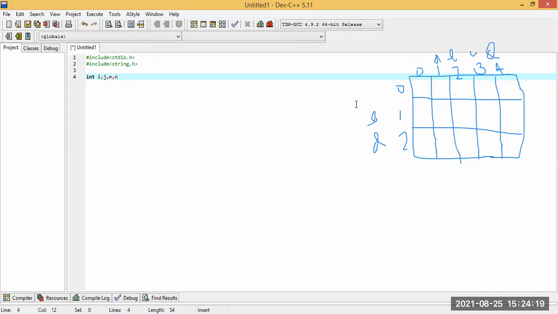This M will store the length of the first string, and N will store the length of the second string, that is ABCD. This length will be stored in N. So after that, we will take a